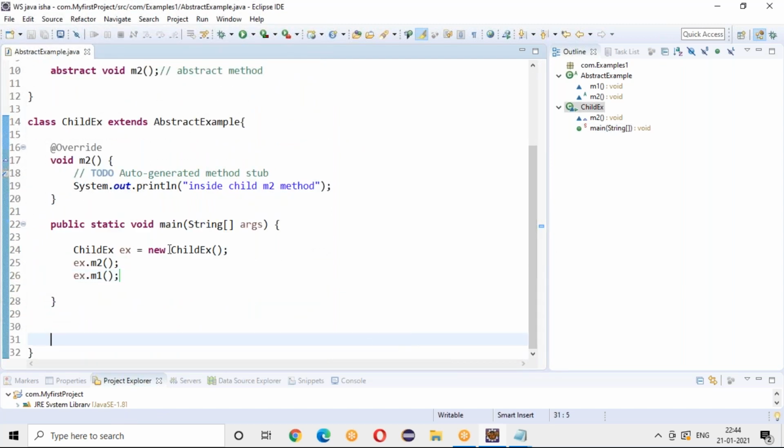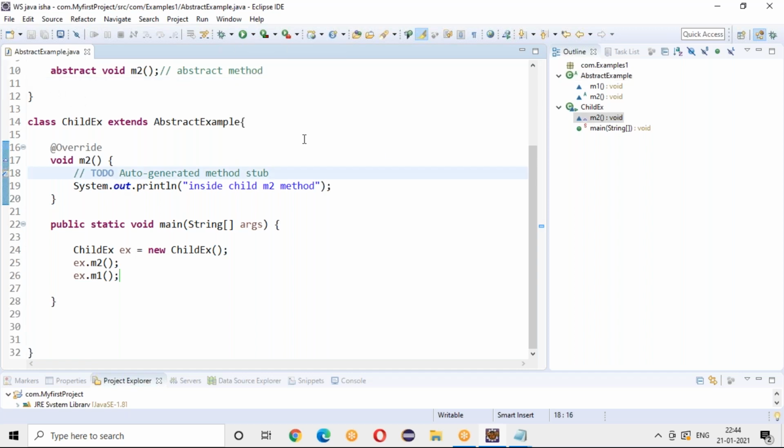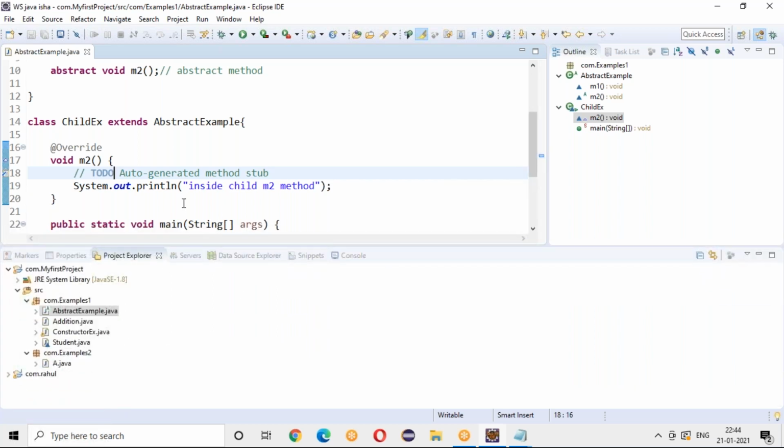So I'll just execute it and see the output. Here I need to execute the child exe, because the child exe has the main method.